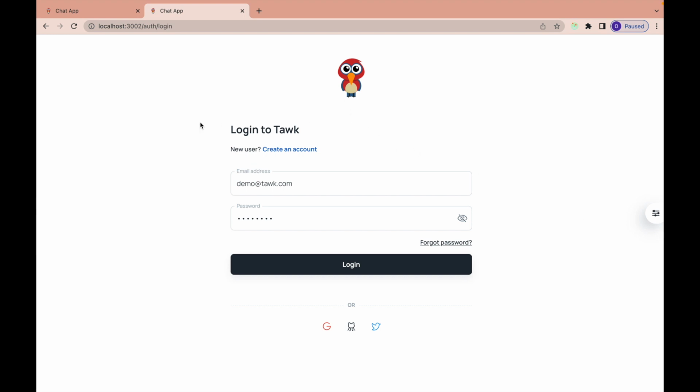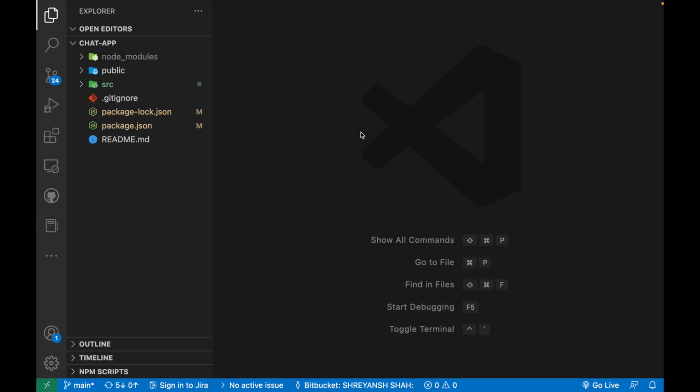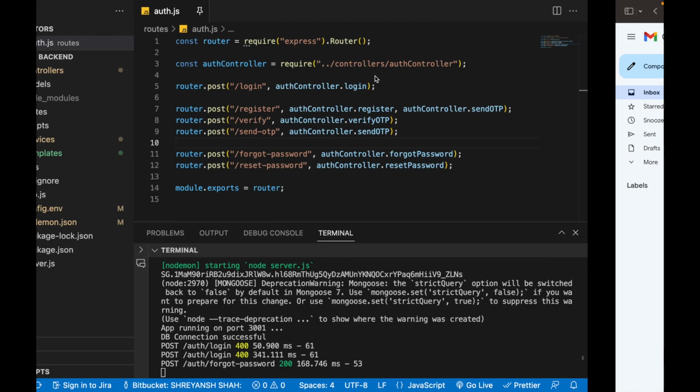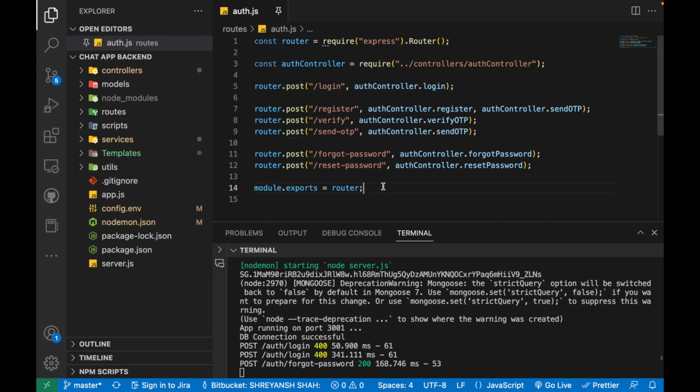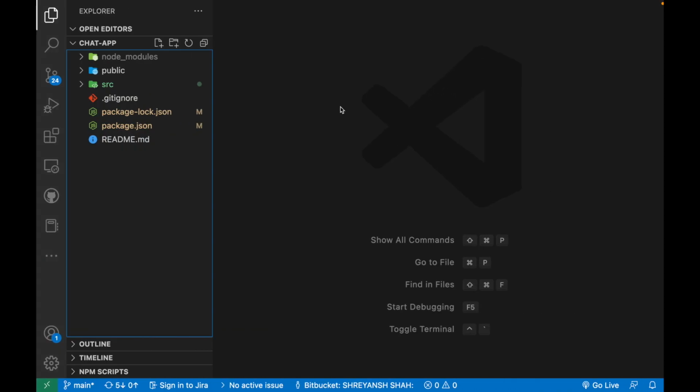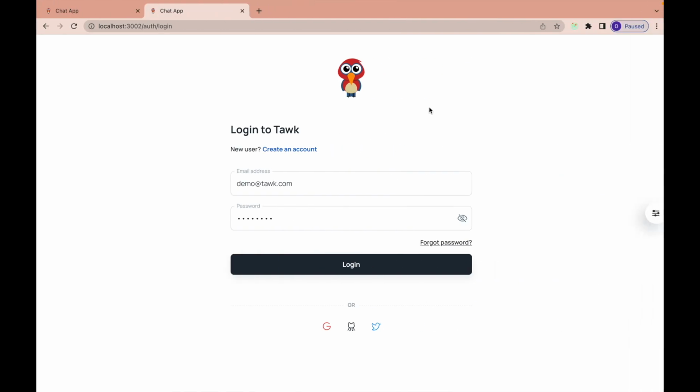So in this video we are going to integrate our backend and frontend. If you have watched previous videos, then we have completed all of our auth APIs, which are basically meant for logging in the user, registering a new user, and also resetting their password. Before moving on with the chat API, in which we will be sending different kinds of messages like text messages and documents,